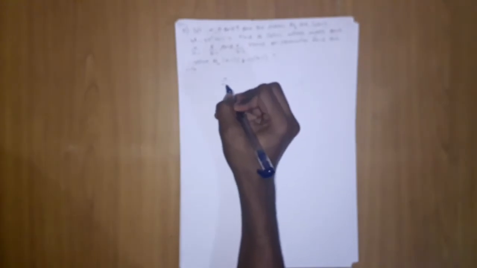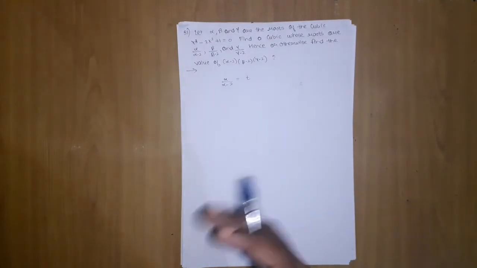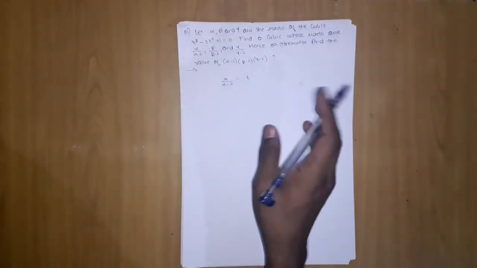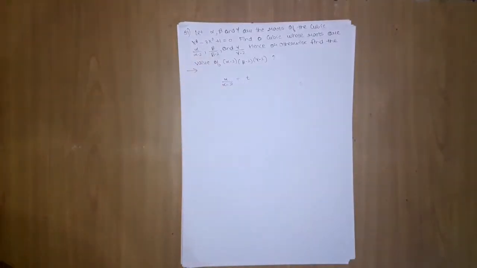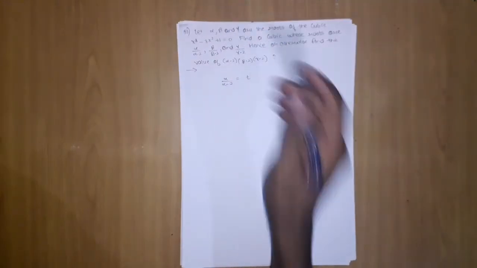Then what is the basic approach? Just take it as t, meaning assume that the cubic equation will be formed in terms of t. We'll have roots in terms of t, something like t plus 1, t plus 2. So if it wants an equation whose roots are this, we will take it as t. Okay, t is this root, but we know alpha, beta, gamma belong to the original equation.